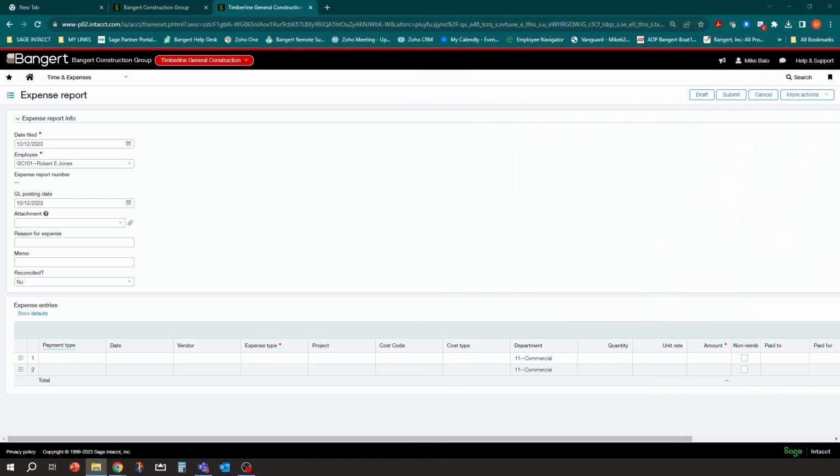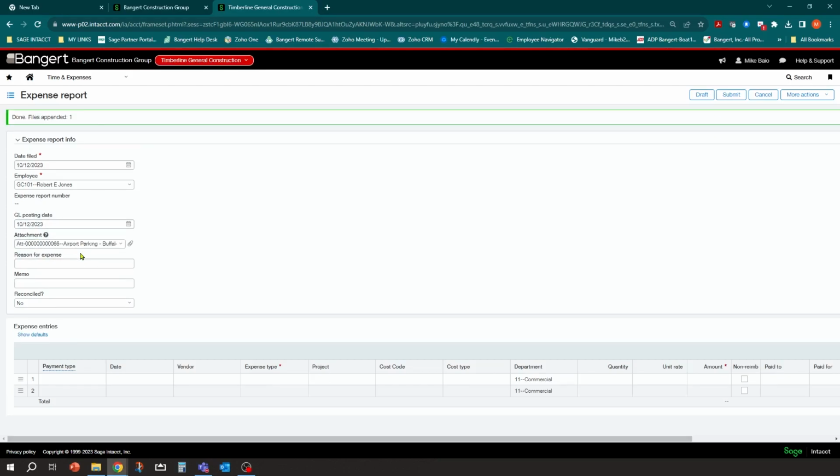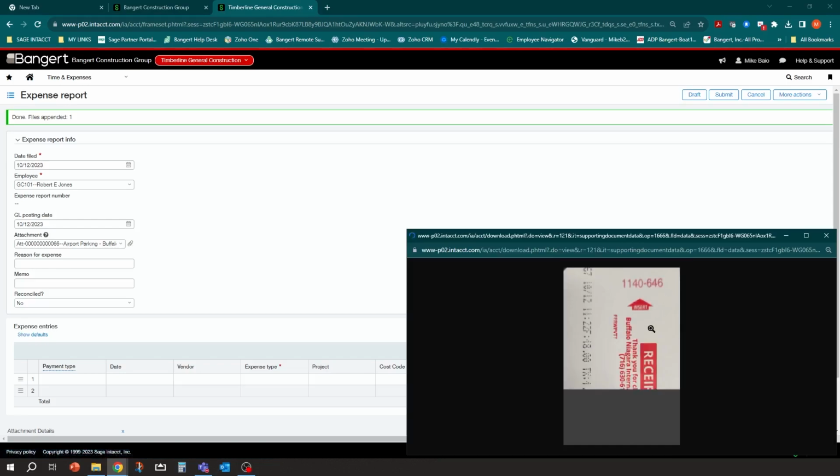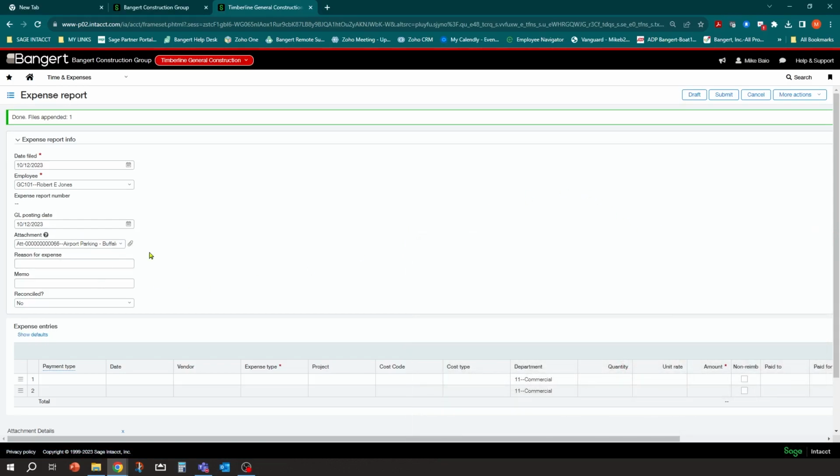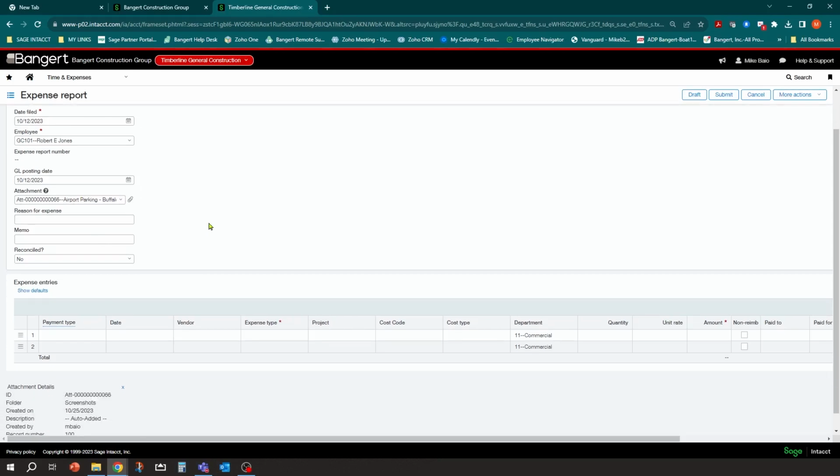I can come into here and say, you know what, I'm going to drag this file, this receipt or image, and I'm going to drop it right on the attachment. And you can attach the file, the receipt here as well. And then you'll notice it saves it. And then you can always take a look at it right here on the paperclip. You can view that receipt with the transaction. Okay. Now, depending what fields you want to fill in or fill out, you could decide on that.